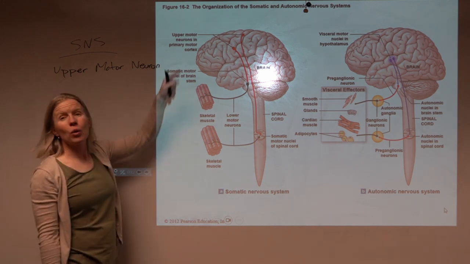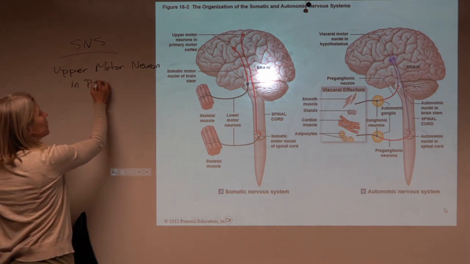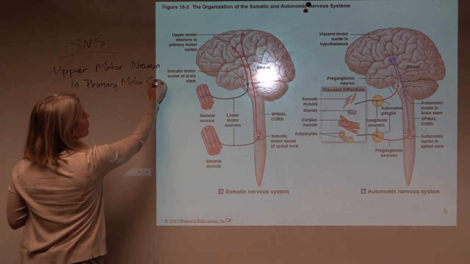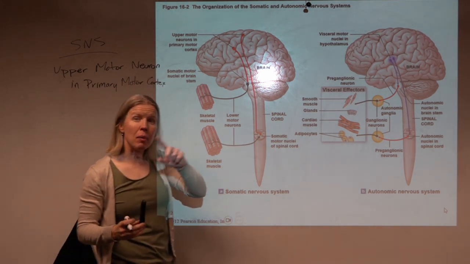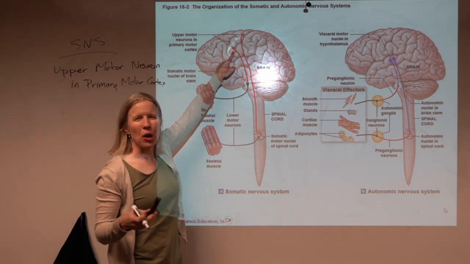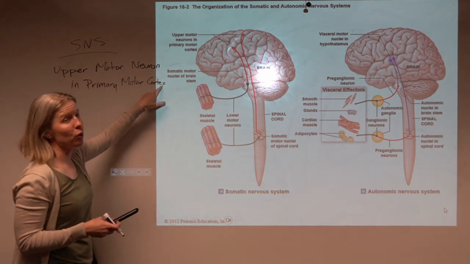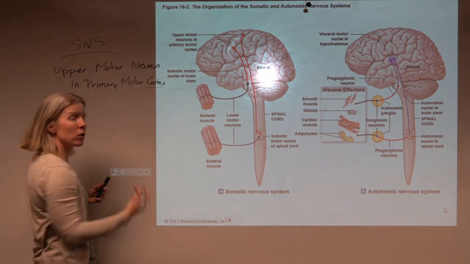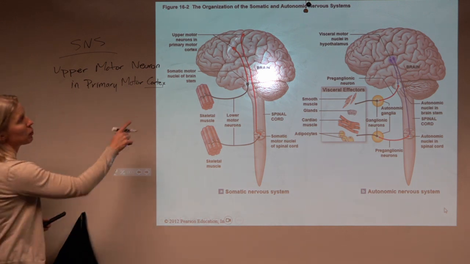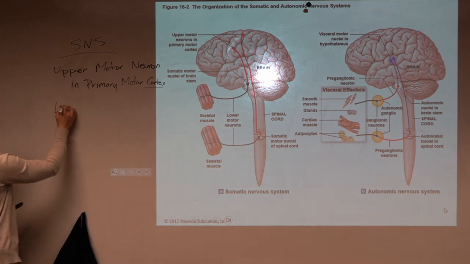right? And this is going to be located in the primary motor cortex. Right? Again, thinking back to our previous chapter, notice the detail here. They're actually putting those cell bodies here in that precentral gyrus, right? That was the site of this primary motor cortex. Again, because this is in the cortex, we know that it is conscious thought. Voluntary actions are taking place here. It is going to synapse with the lower motor neuron,